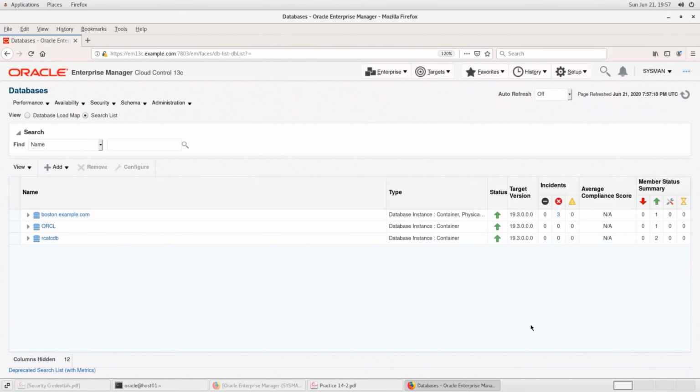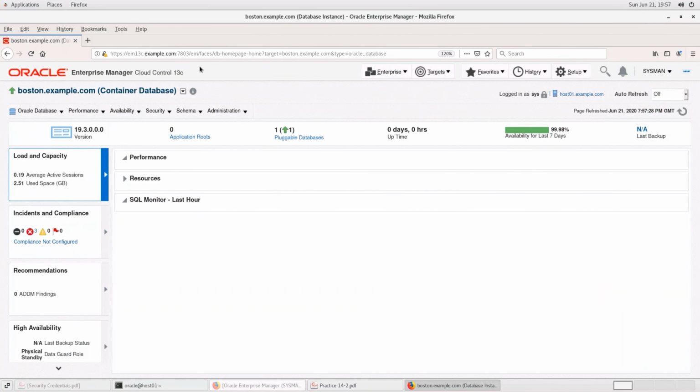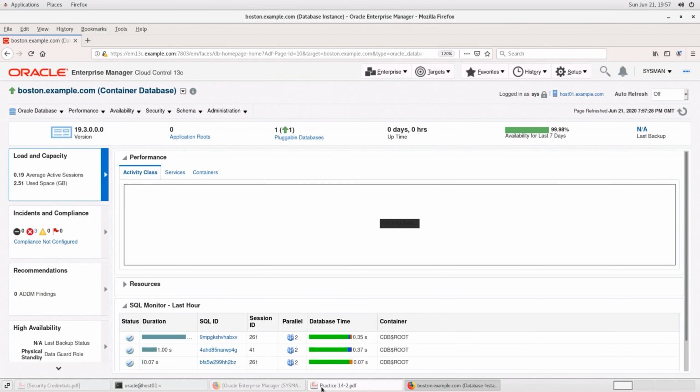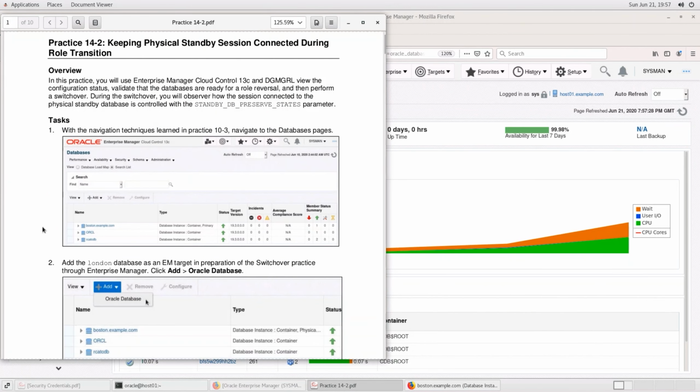Okay, so that's my Enterprise Manager homepage. I will access the Boston database because this is the database registered explicitly. So that's my Boston database. So let's see here. According to this, okay, so I moved one step ahead. So I'm supposed to be